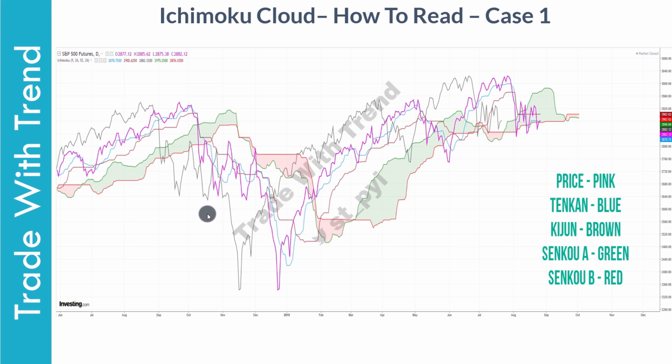Let us now take up a few case studies and let me show you how to read charts based on Ichimoku cloud. If you look at this chart, let us first begin with Senko A and Senko B at this region. Future projection for both is flat, and this means trend is neither up nor down. But when I look at Senko A position, it is clearly below Senko B. This indicates bias for trend is not positive over short term.